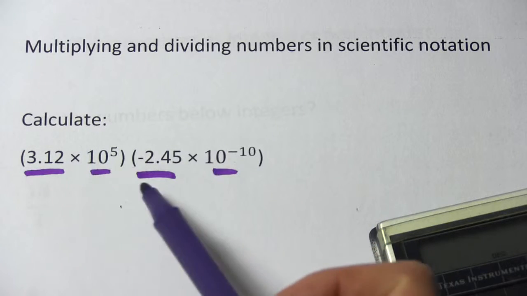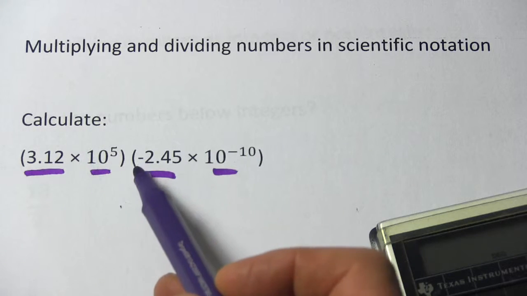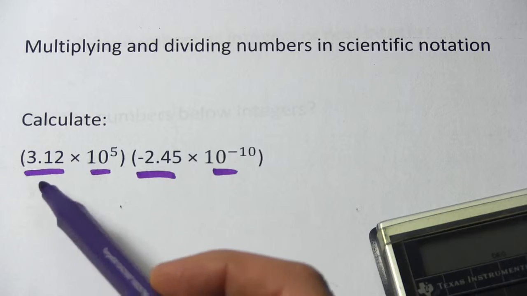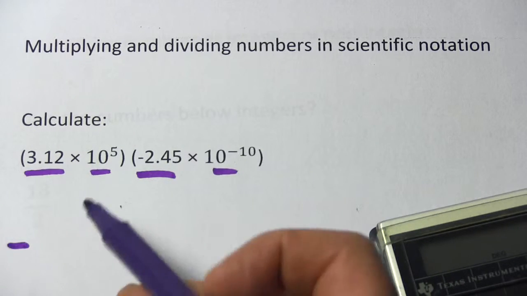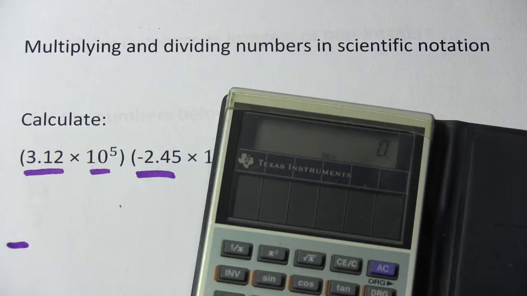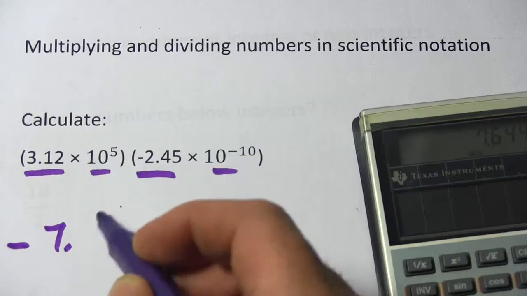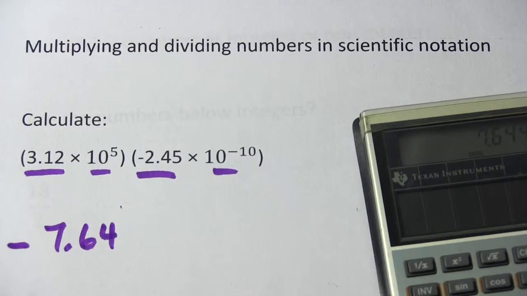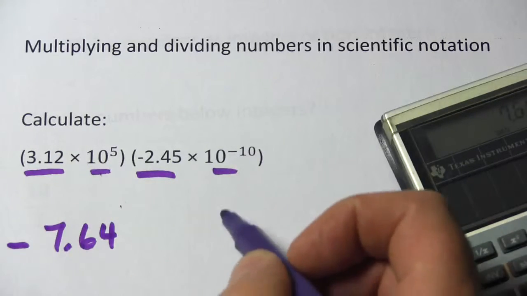In this one, we're multiplying these two. So the first step, I'm going to take 3.12 times a negative 2.45. A positive times a negative is a negative, so our answer is going to be a negative. And then 3.12 times 2.45, I'm going to use a calculator for that. So that's 7.644. Let's just round it to 7.64. So we have a negative 7.64, and now we have 10 to the 5th